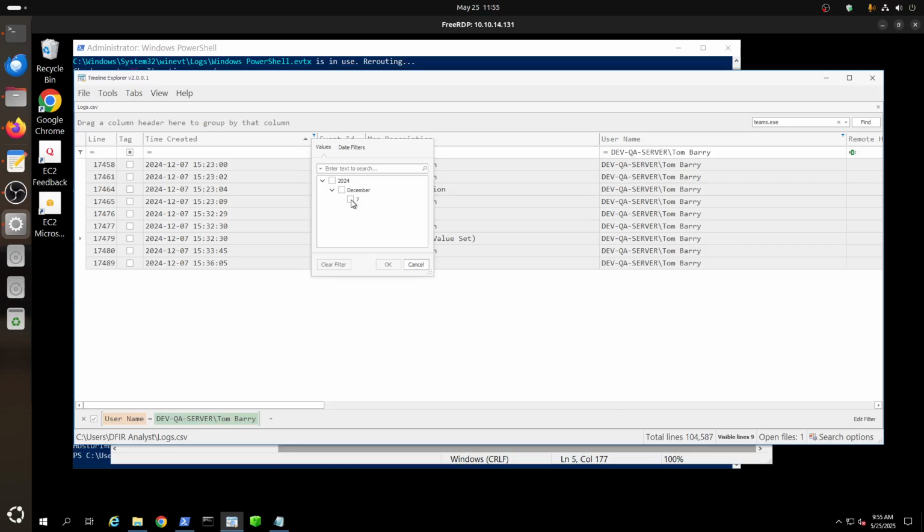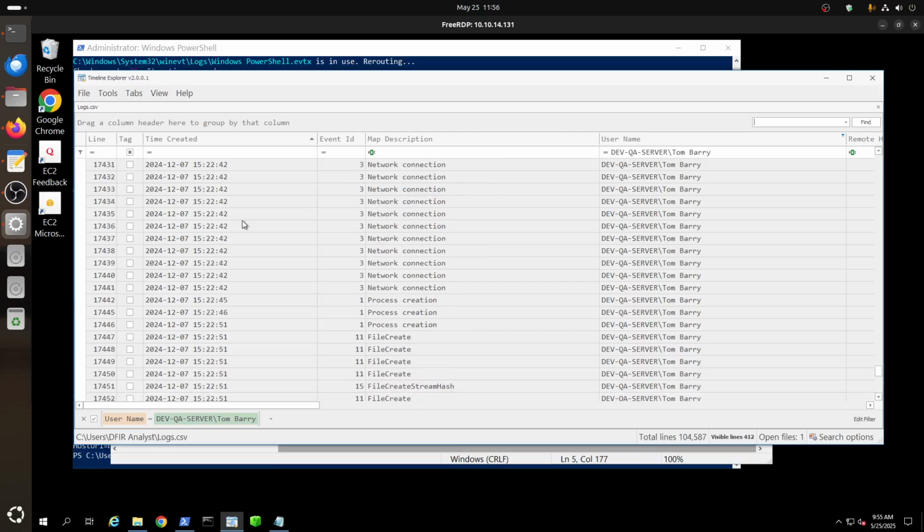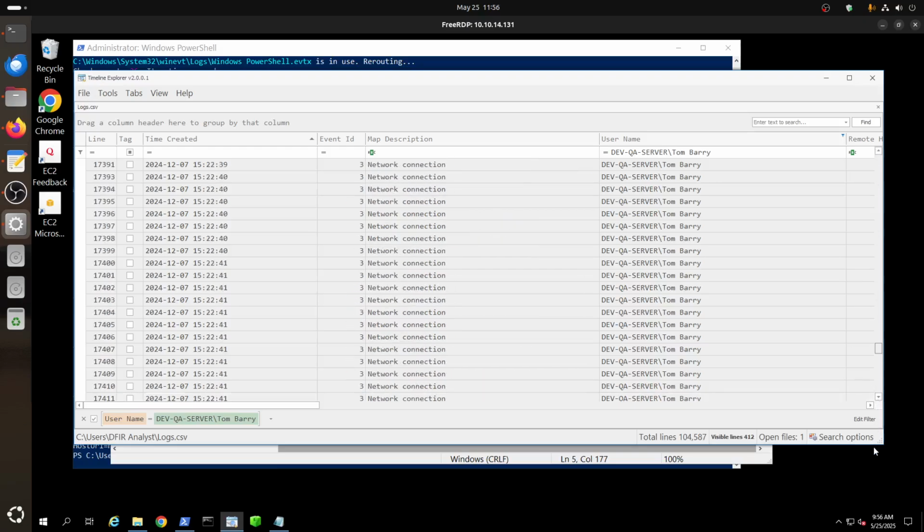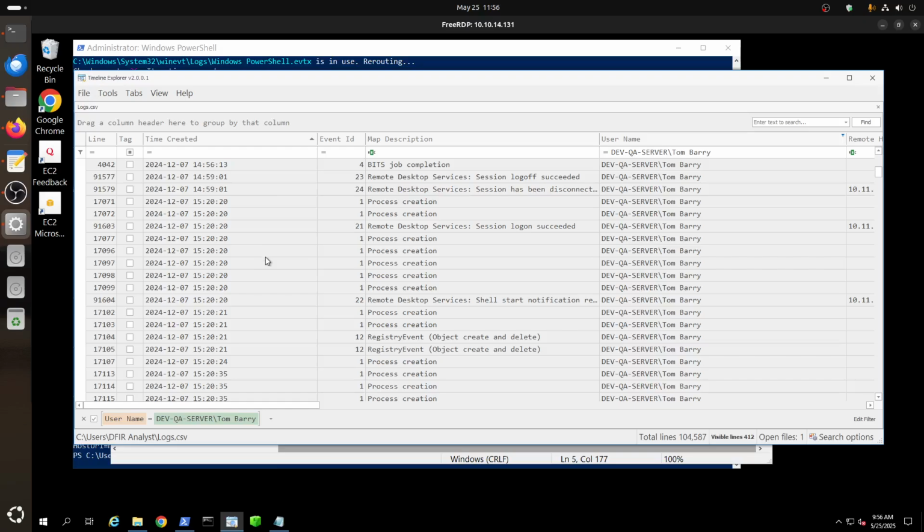I thought when you click, no, I don't. Sometimes these two confuse me. In any case, we'll come to the filter. Let's remove this search option. If you remove it, of course, you get all this data, but we need to filter in the time. Is it not filtering the time? It's all on the 7th. Oh, because we filter on the user. That's fine. But we know the whole story starts